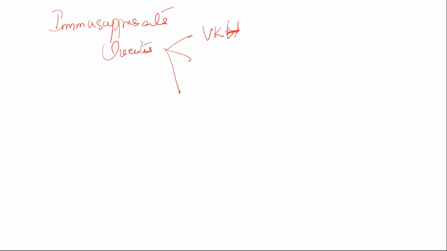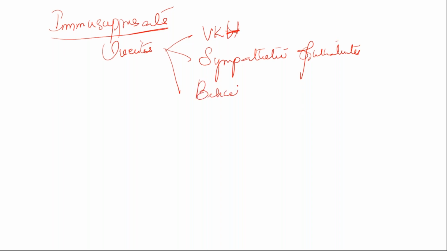Now coming to immunosuppressants, the second entity. Immunosuppressants we give in uveitis. So in uveitis, what are the conditions? Vogt-Koyanagi-Harada syndrome, VKH, which is a very important syndrome where we give immunosuppressants. Next one is sympathetic ophthalmitis and Behçet syndrome.